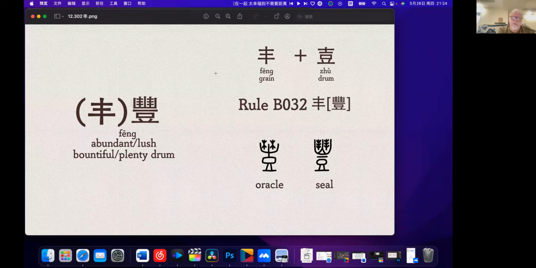But if we examine many different oracle, seal, bronze characters and other ancient characters, we're not too sure what the top part is. In any case, it means abundant and plenty. So we have the simplification rule,